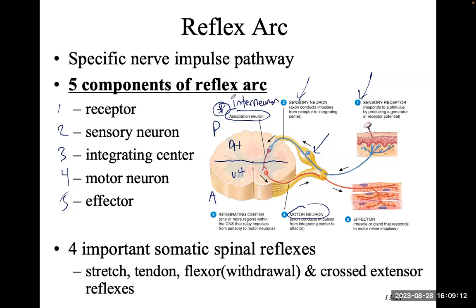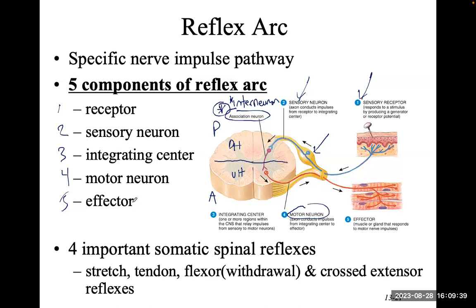All right, it's either an interneuron or an association neuron. That's the relay. Then it sends it to the motor neuron, which will send it to the actual effector. In this case, it's the muscle that withdraws. So you should know the 5 components of a reflex are receptor, sensory neuron, association neuron, aka interneuron,